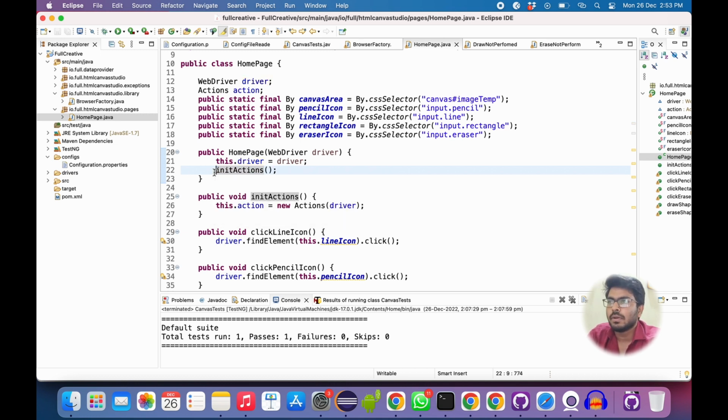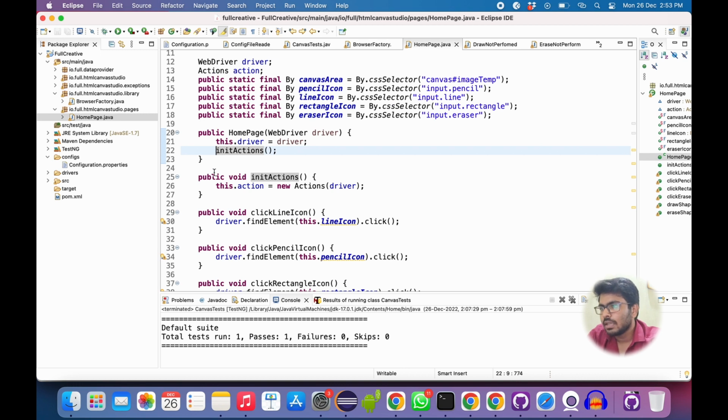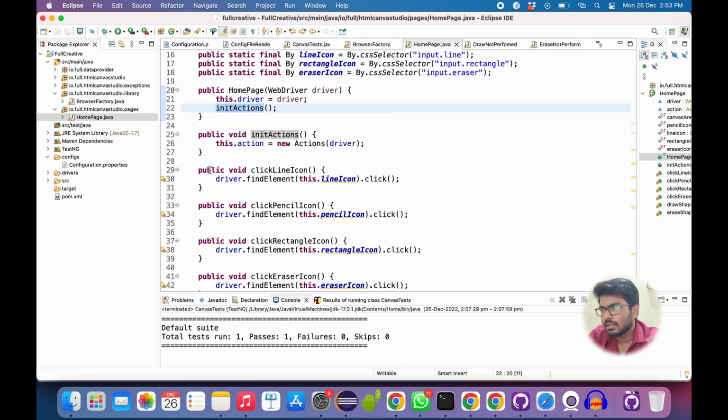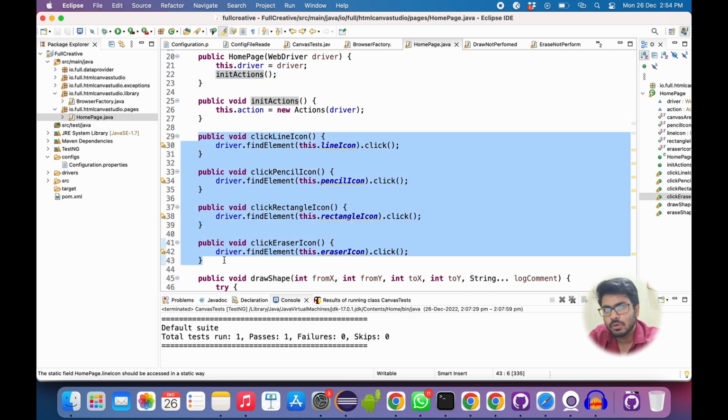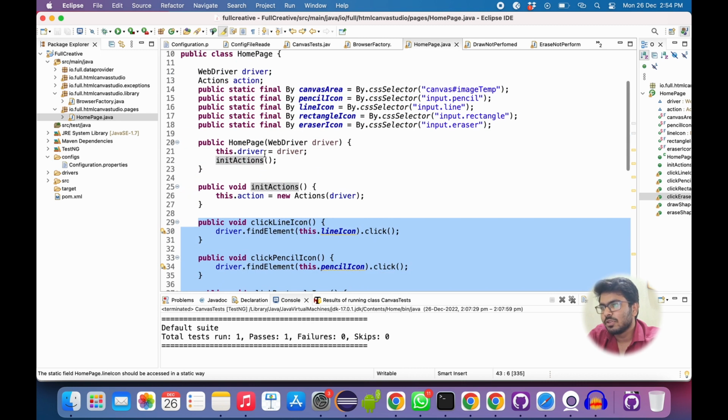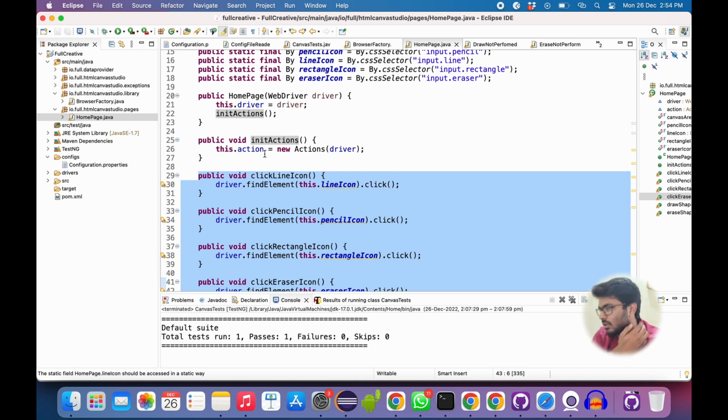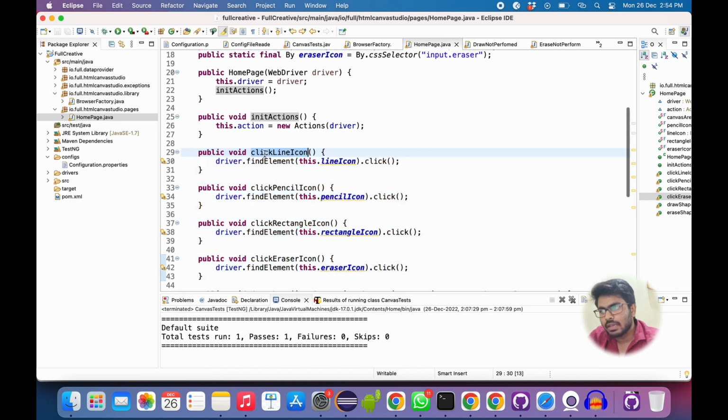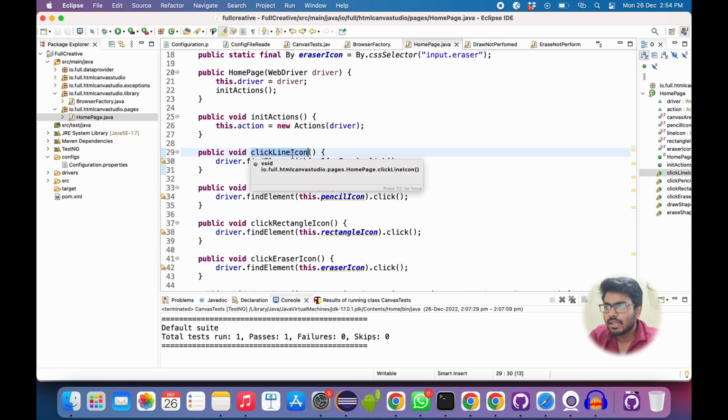so that everything is performed using the Actions class in Selenium. Since we got to move to the element, click and hold, and release, these kinds of actions are used to draw. I found that useful, and this will be initiated inside this constructor. Here I have some little functions on top of those selectors: clicking a line, clicking a pencil, clicking a rectangle. You might ask, you could name the method click icon and pass the argument as line, rectangle, eraser. Yeah, that can be possible, but I thought that, let's say in the future the application scales, and